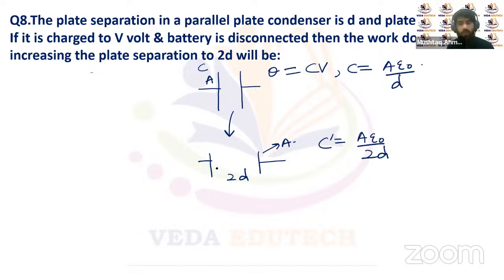Now we have to find the work done. The work done will be the change in the energy stored in this capacitor. So initially, the energy stored in this capacitor was